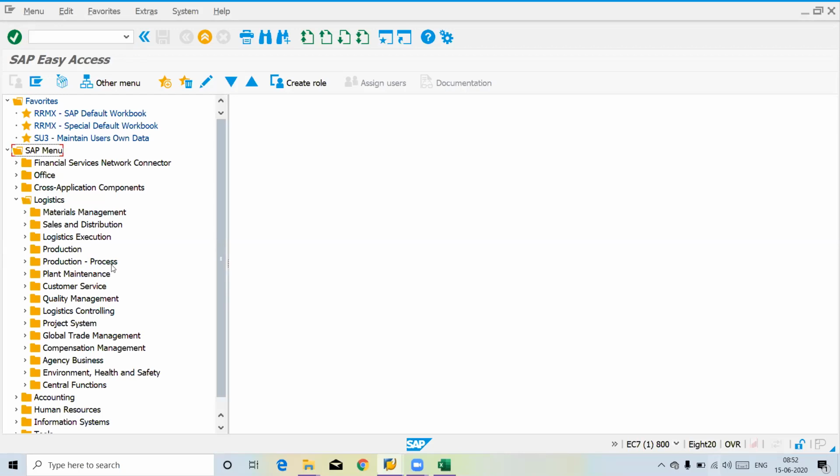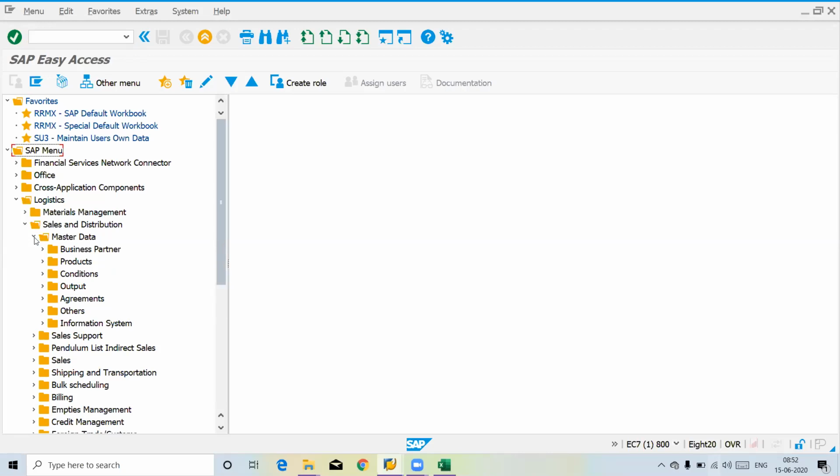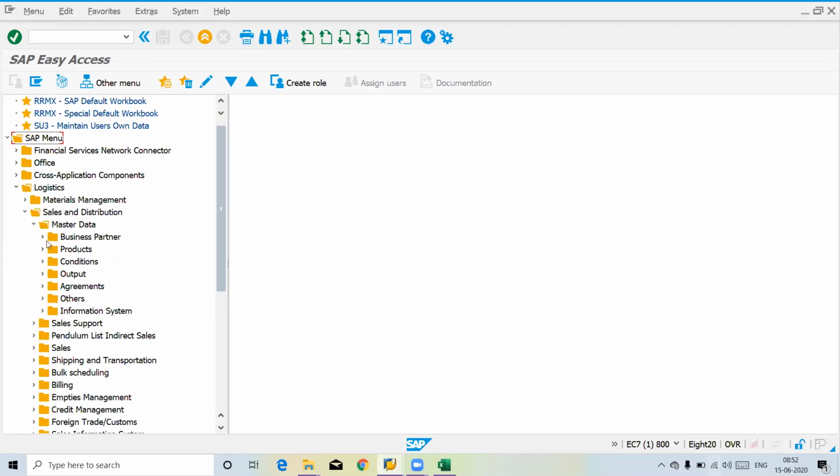for those transactions, relevant master data will be created here based on the background configuration in the SPRO section. Now let me show you here. Your customer is a business partner, right? So you go to the SAP menu,